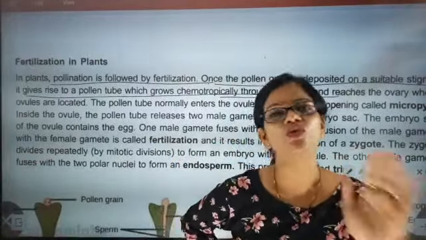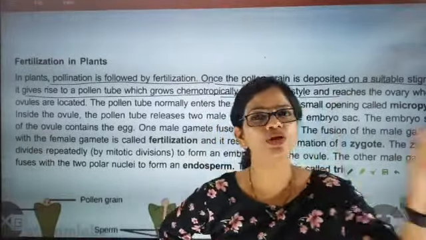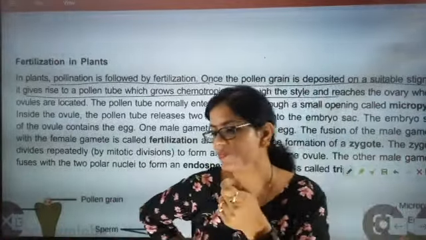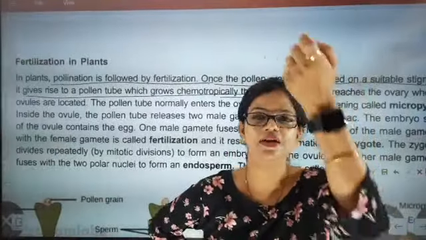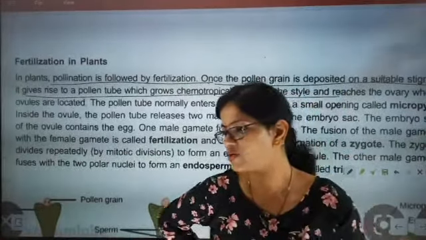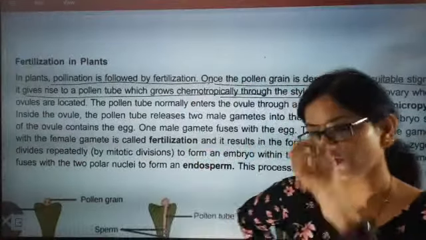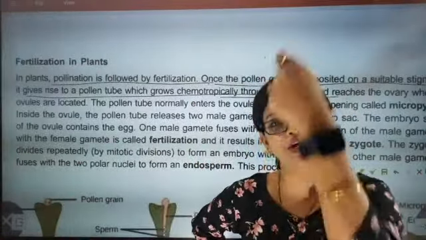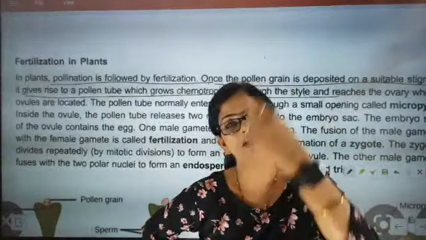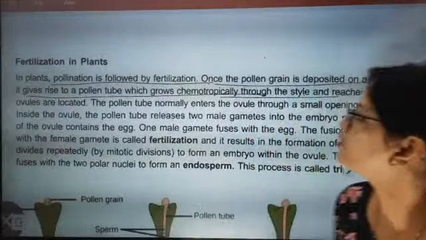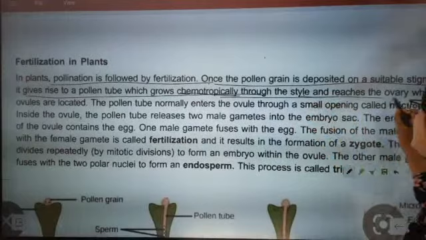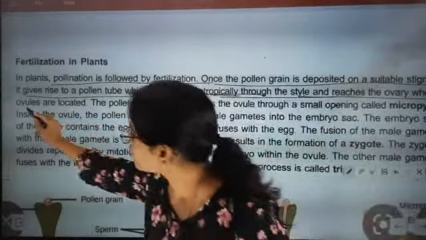Some plants are phototropic, meaning they show a reaction towards sunlight. In the same way, the pollen has that chemical content and tries to go towards it. Chemotropically means that by making a pollen tube, it will automatically start its journey towards the egg. That is what is called chemotropically through the style, and it reaches the ovary where the ovules are